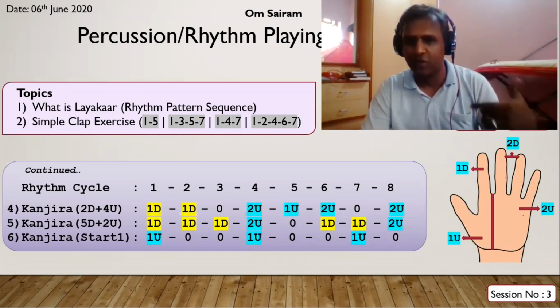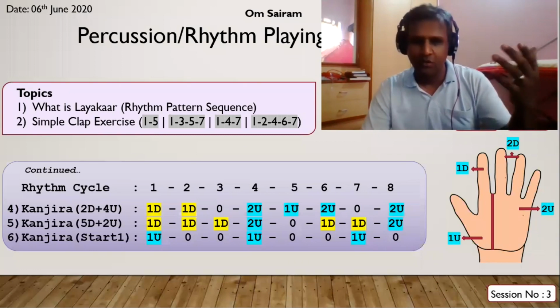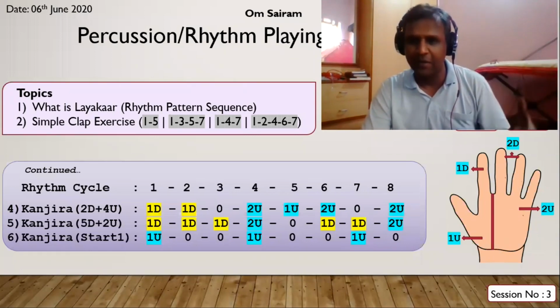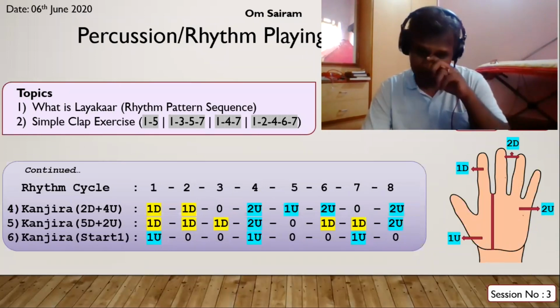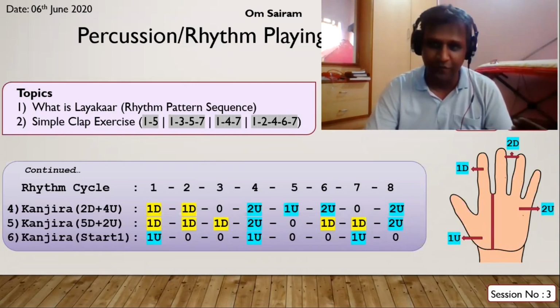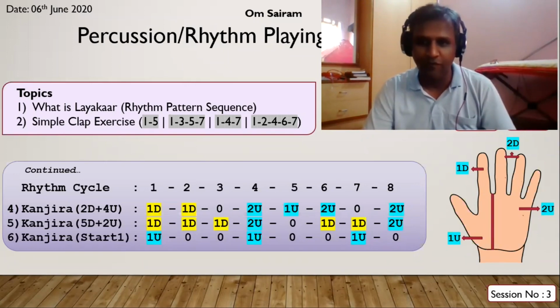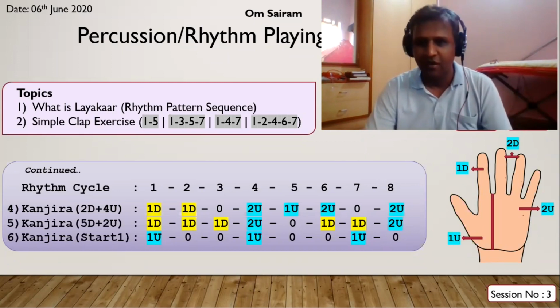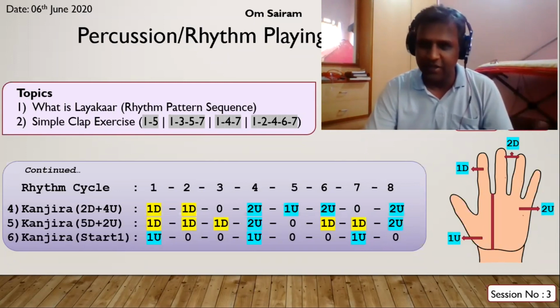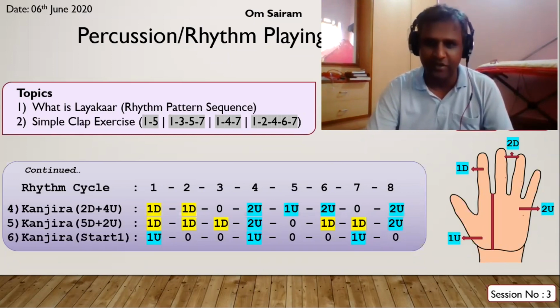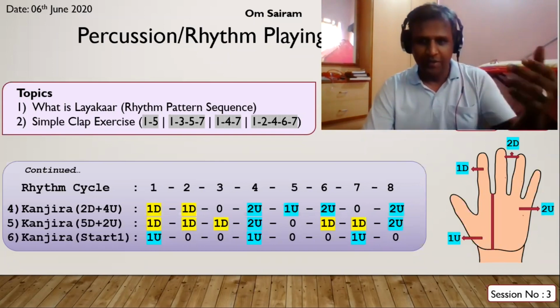a bhajan or a song is going in a loop. So you can fix patterns. You can have multiple patterns. We have learned 3 basic patterns. The more you think of, you can even compose in future if you feel, okay, I want to add more variations. You can listen to a lot of songs. In Kanjira any sound can be produced. Any rhythmic pattern that you're hearing can be easily produced in Kanjira. It's a very easy instrument to replicate a rhythm pattern. So layakar means a rhythm sequence.